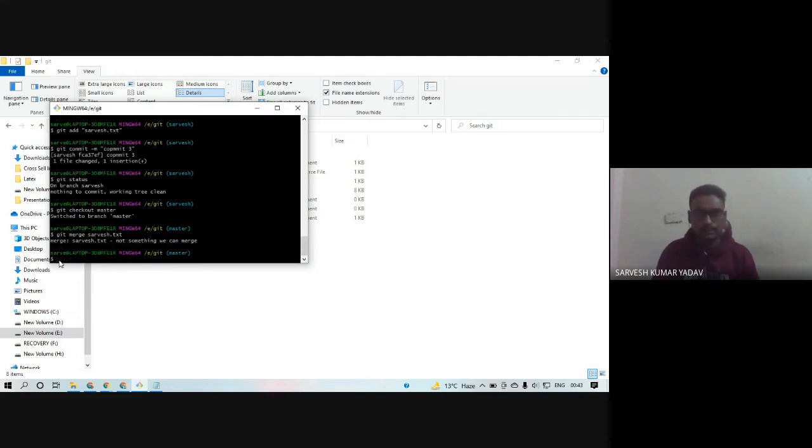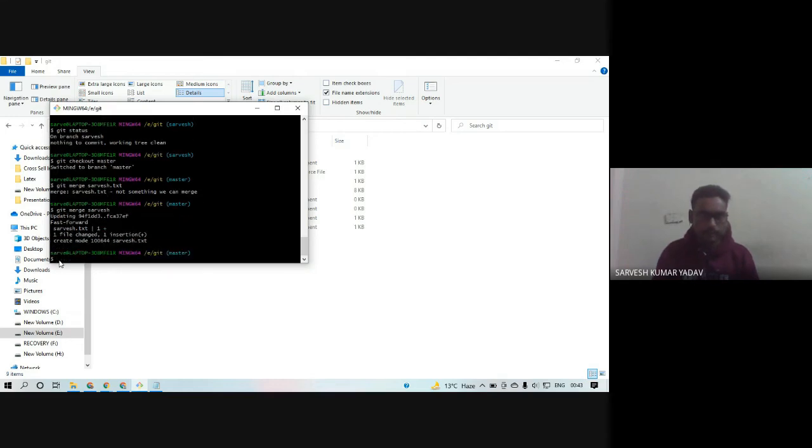Sorry, service.txt was the file name. That branch was service. So git merge service. Fast forward, service.txt, one file changed, one insertion.